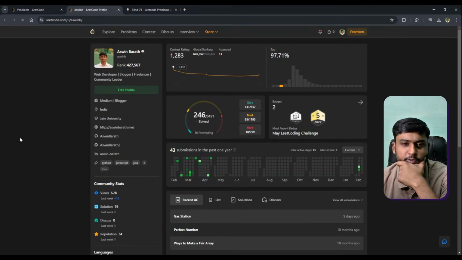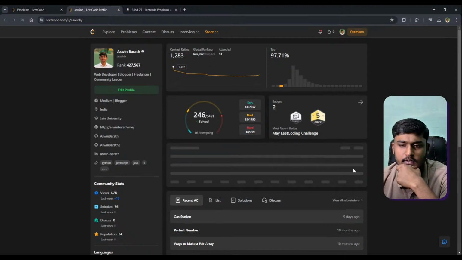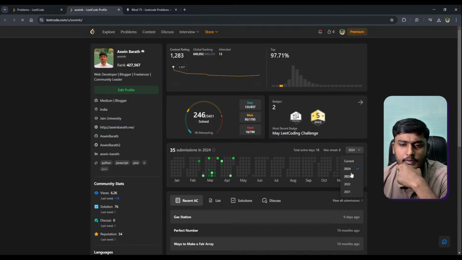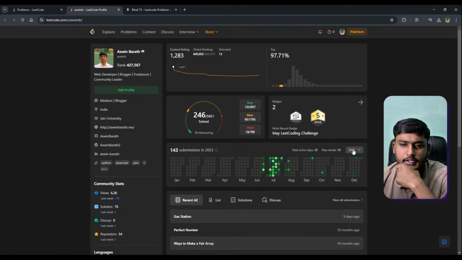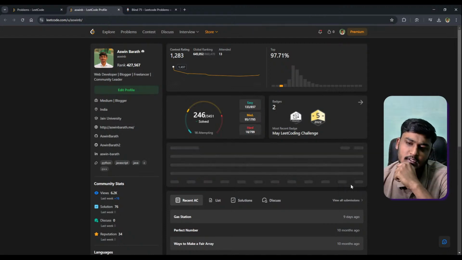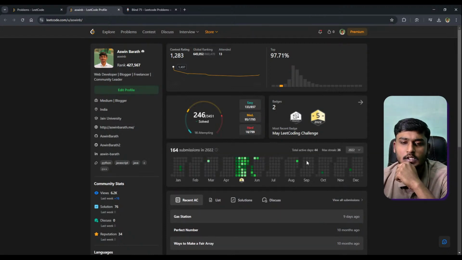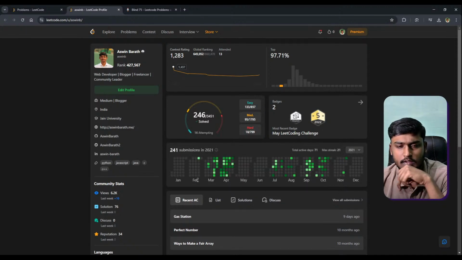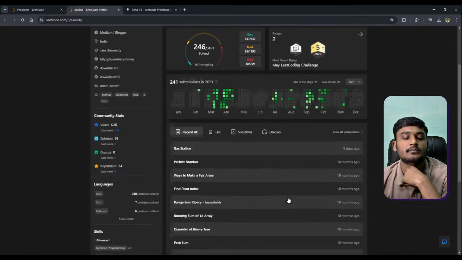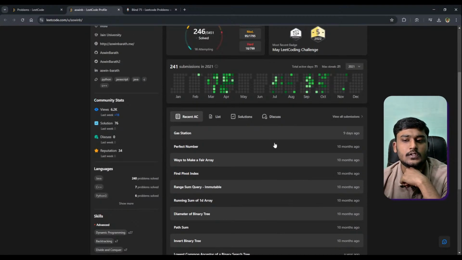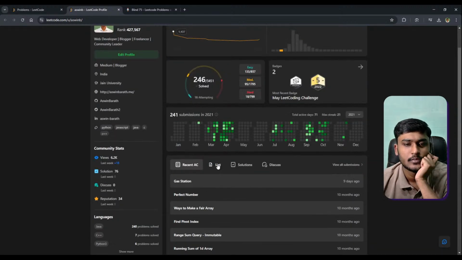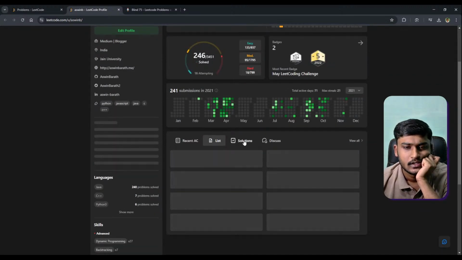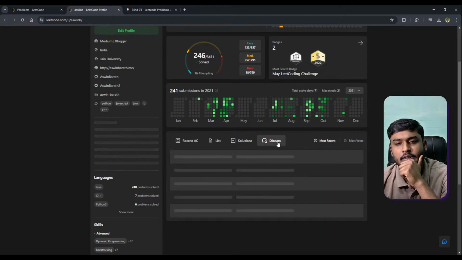So basically I have solved over 240 problems so far, and it's been a while. 2024 there's not a lot of progress. 2023 around July, I think that was placement. After placement, I don't know, I think 2022 was when I was very serious about it. 2021, yeah, that's the most active time. Just solve every now and then, and I think that's a list of solutions that I submitted and so on and so forth.